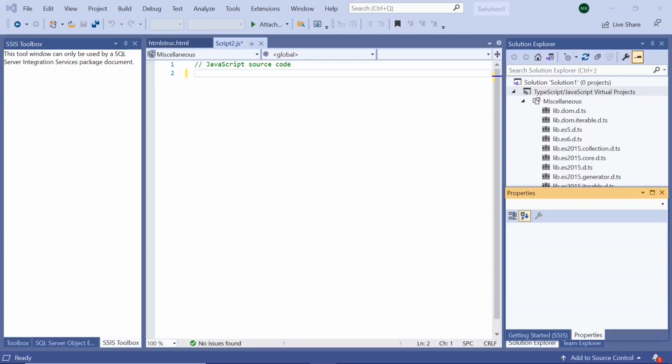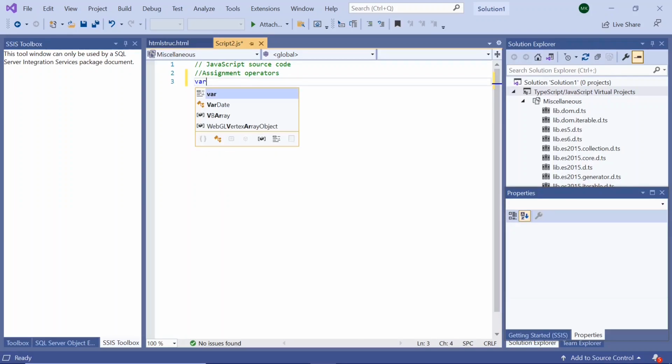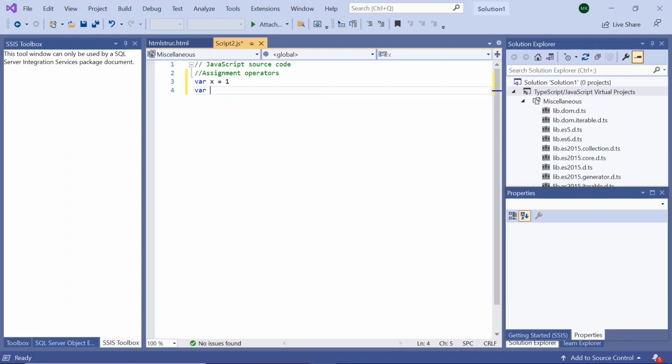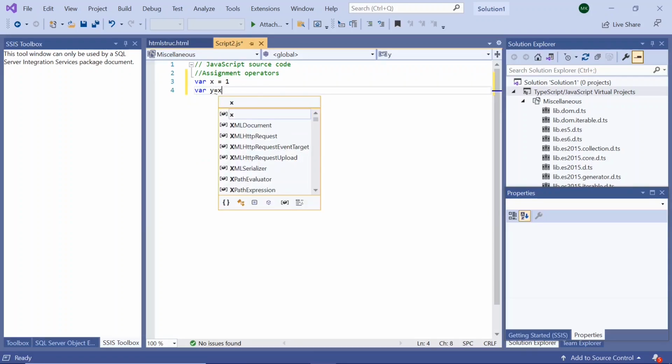In this video, we look into JavaScript operators. First of all, let us see the assignment operator. Here, I'll take a variable x equal to 1. Then I'll assign to y, where y is equal to x,